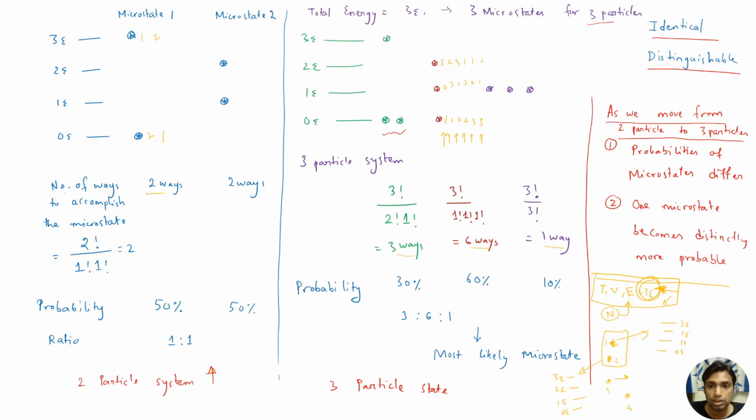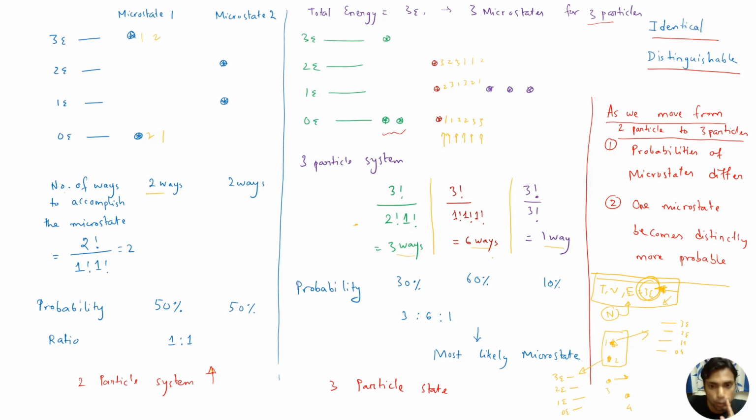Similarly, you just need to think a bit. It is just like distributing balls in a box. So it turns out that we now have certain microstates, and each of these microstates will have a certain number of ways in which it can be attained, and each way corresponds to a configuration of the individual atomic energies.